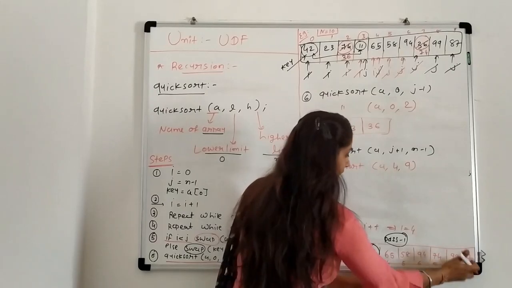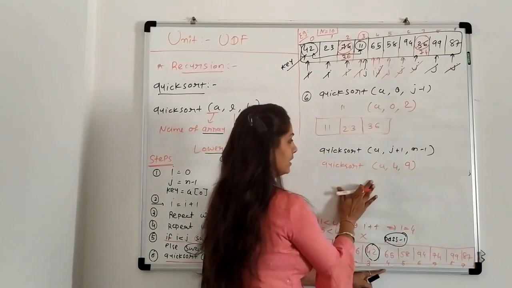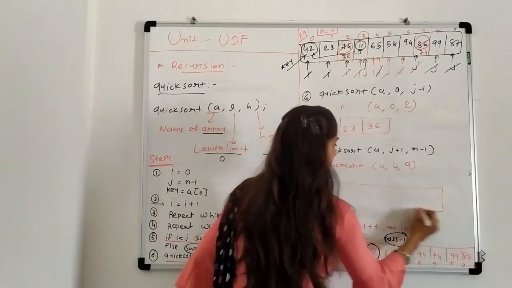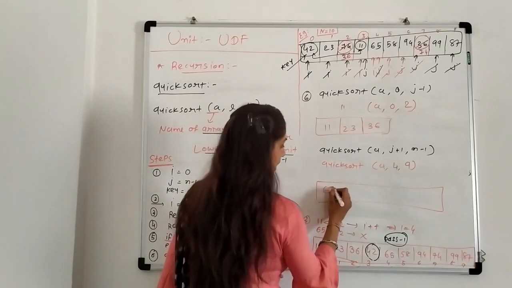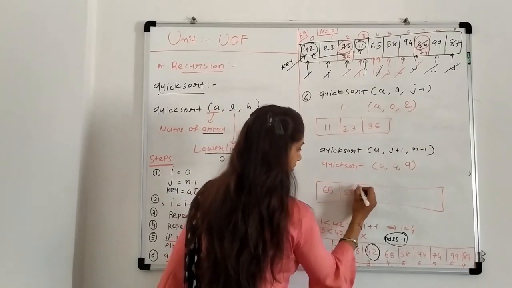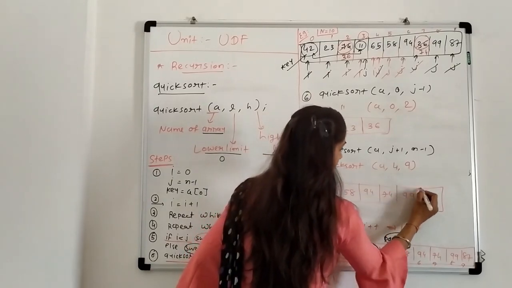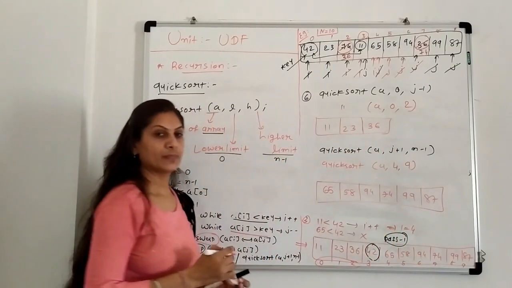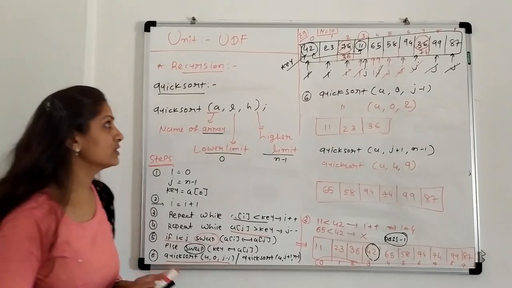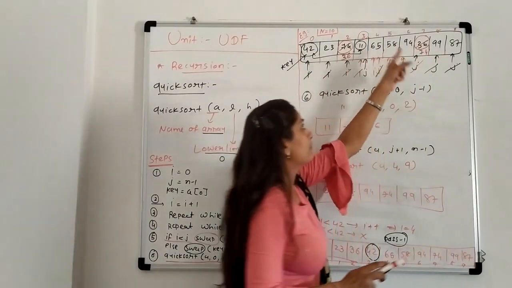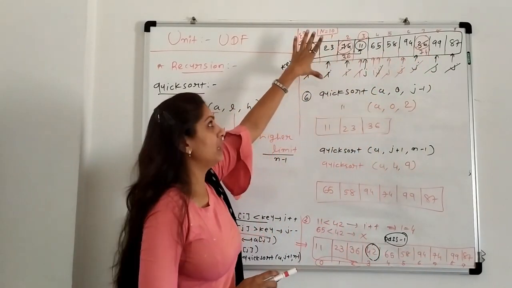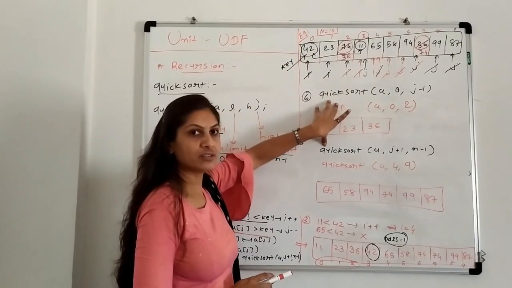So 4 to 9, this portion is nothing but the second part, and that is 65, 58, 94, 74, 99 and 87. Clear? So the same process that we applied on one array will be applied on the second part